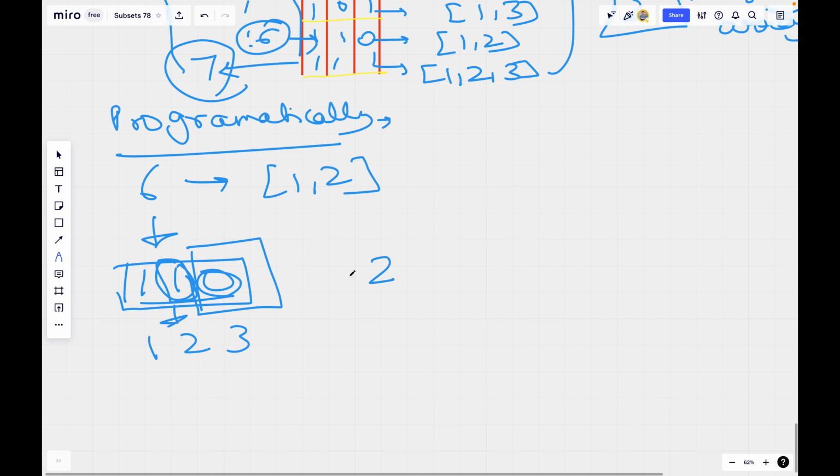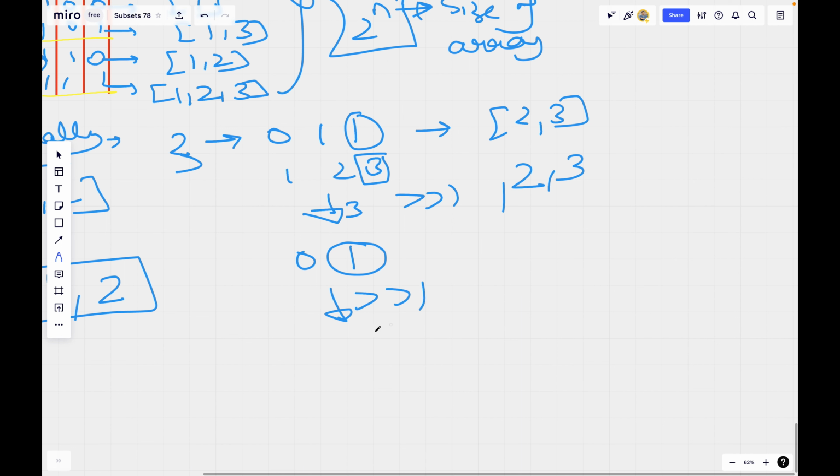So 3 will be right shifted by 1 bit, and it will be converted into 0, 1, right? And then again I will check if its last bit is set or not. It is set in this case, so I will add that as well, right? Now again I will right shift it by 1, and I will check if its last bit is set or not. It is not, so I will not add that to our answer, and this will be the subset in this case, right?